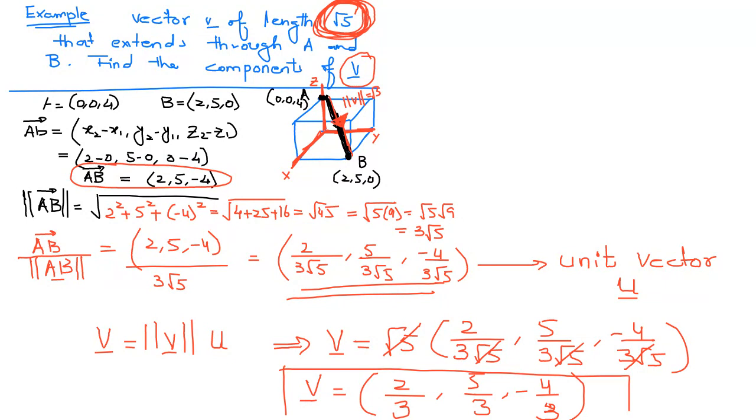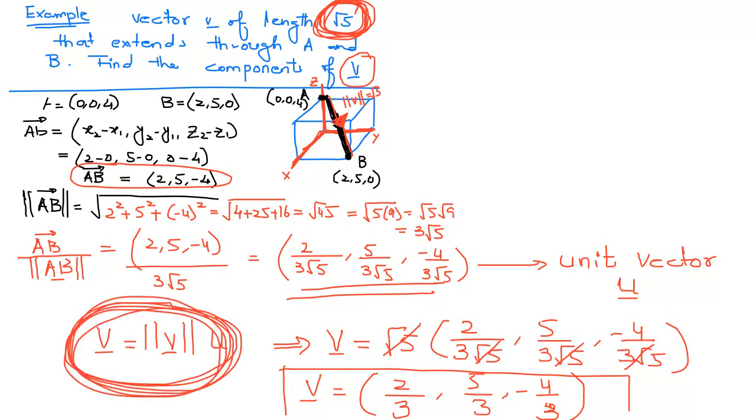We have to use this formula to find the vector components, which is mod of the v vector into the unit vector. u is a unit vector. So how can you find a unit vector? A vector divided by its magnitude. This is the full vector from A to B. So we find the vector AB, we find the magnitude, and then we find the unit vector. Is this clear?